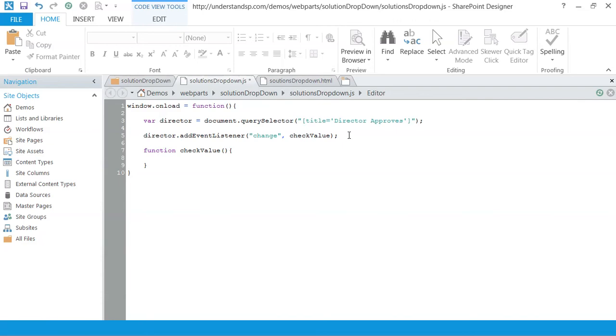Okay, so within my function check value, I am going to grab the value that was selected. So var, I'm just going to call it eValue, equal to director.options[director.selectedIndex].value. Okay. I also want a reference to the comments, so var comments